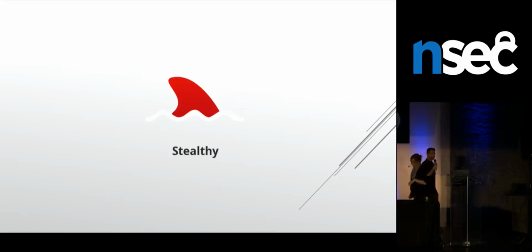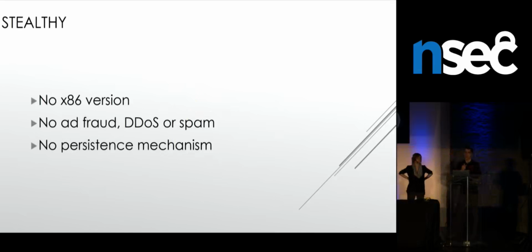Yes. So first one is stealthy. Why stealthy? Well, there are several reasons. First, there was no x86 version of the malware. This might sound stupid, but in fact, if you've studied IoT or embedded Linux malware, you'll have noticed that a lot of those threats are simply downloading the binaries of all architectures at the same time and then trying to run all of them. It's just simpler for them to infect everyone like that. And so they include, in most of these threats, an x86 version.